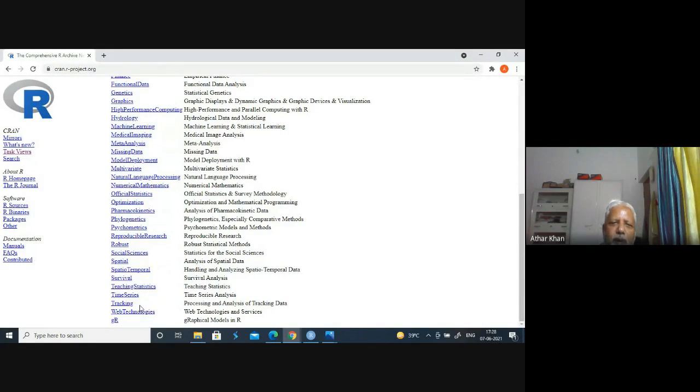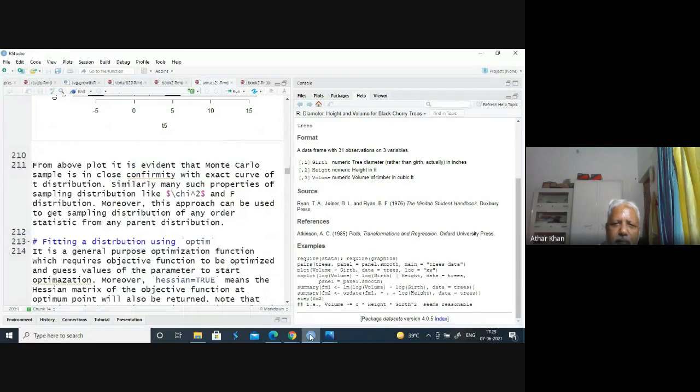One is blogdown, a book written by Xie and his team. That is a book which facilitates understanding of how to develop a website using R Markdown. और भी हैं इसमें बहुत सारी चीजें, लेकिन जाहिर सी बात है कि सारी चीजें हम दिखा